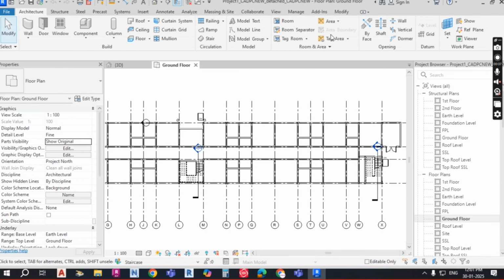So why is this area plan required? Because area plan is required to show the area in two different parts to the client. One is gross area. Gross area means the overall area of your building, that we will call a gross area. We will call that a built up area also. The gross area is nothing but built up area, meaning your building surrounding, how much area we are going to